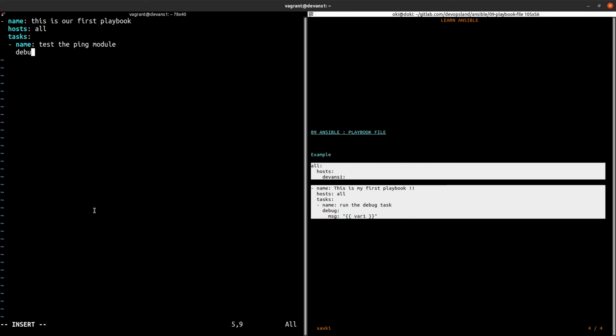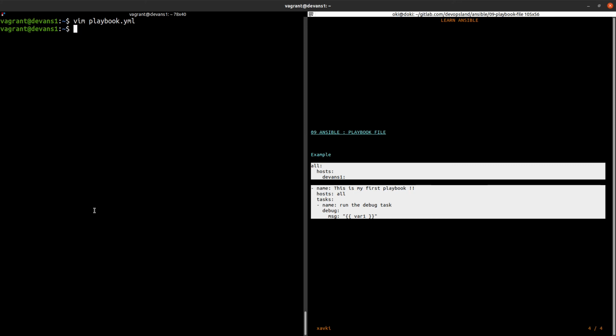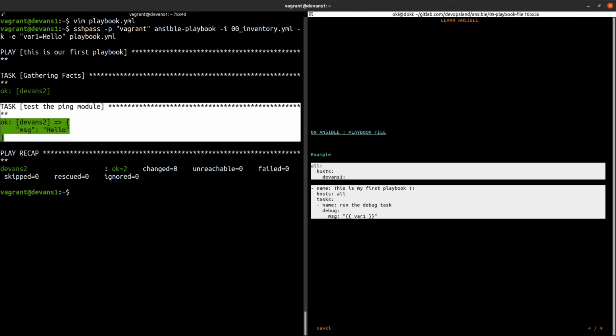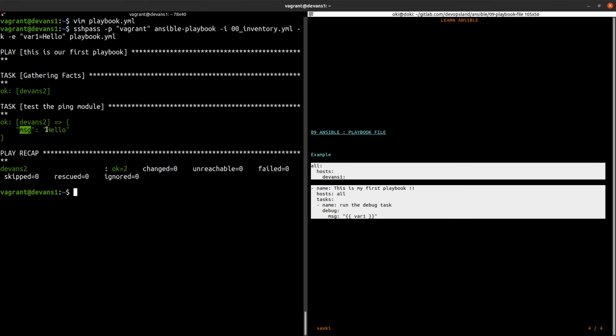We can use the debug module, and specify a message, and in this message we can use the variable var1. We save this and run the same command line, and add -e to set var1 with a specific value, hello. Run the playbook again, and we find this output with a message, and the message value is hello. This is the value of var1.